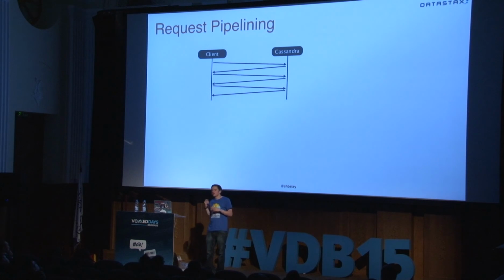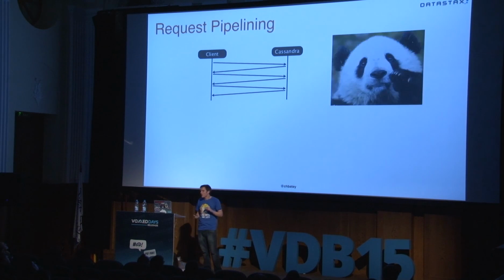If you're ever wondering why Chrome uses so much memory and makes so many connections to all the websites you visit, it's because it makes 8 connections per domain, so it can do 8 concurrent requests. This is so it can actually get some concurrency, because it can't do it over a single connection. And this is bad, because connections use resources on the operating system and inside your application. Most of the time the connection isn't being used, it's just waiting for you to make the next request, or waiting for the server to send a response.